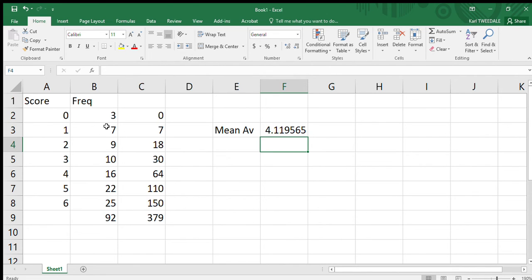Now you can see that generally people have done really well. There's lots of people with a high score and not many people with a low score. This is what we call negative skew. Now if I just reverse this here,